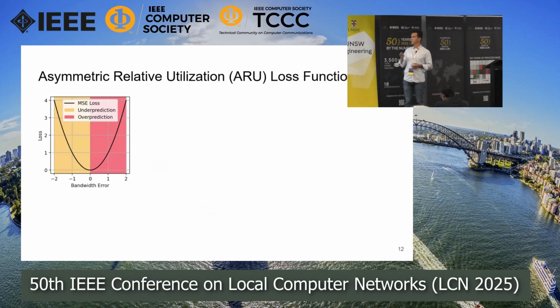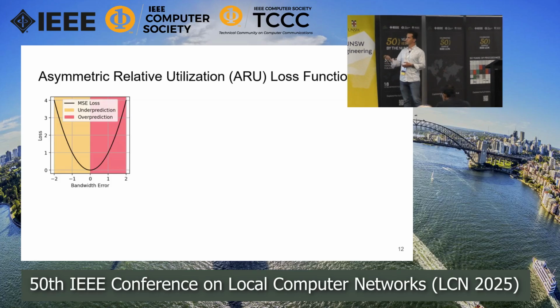Next, let's talk about our custom loss function. Just to set the context, on the left, we have one of the most common loss functions, mean squared error. I hope most of you are aware of this. On the x-axis we have the bandwidth error, which is minus or plus, and on the y-axis we have the loss. If your model makes a 1 megabit plus error or a minus 1 megabit error, they give the same loss. But as I mentioned at the beginning, over-prediction hurts more than under-prediction, because this will basically result in packet loss.